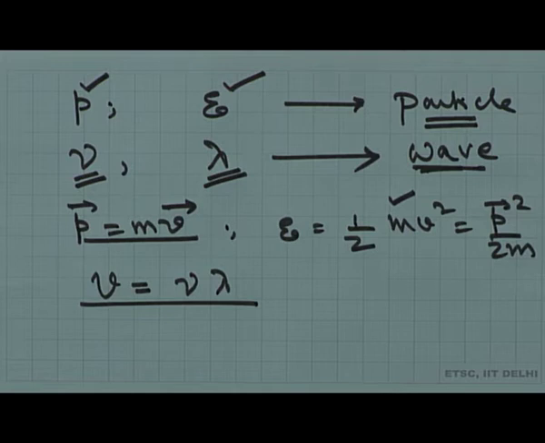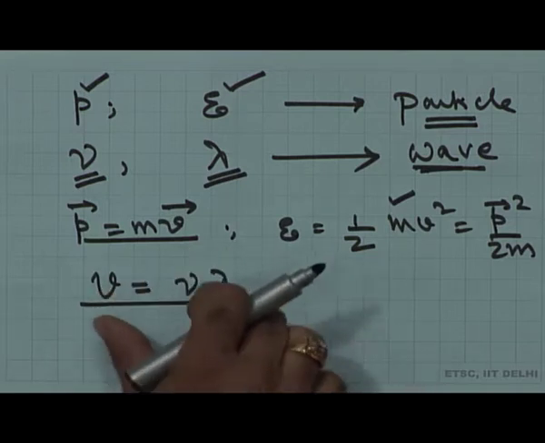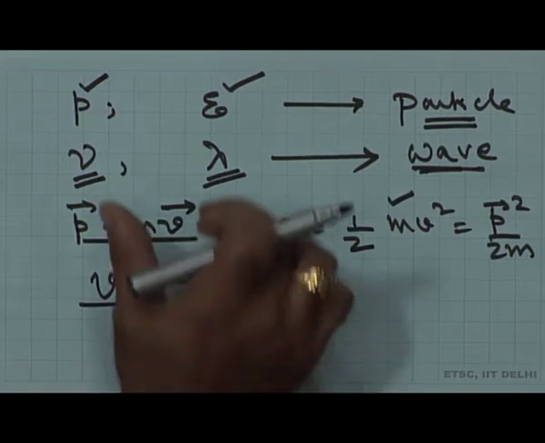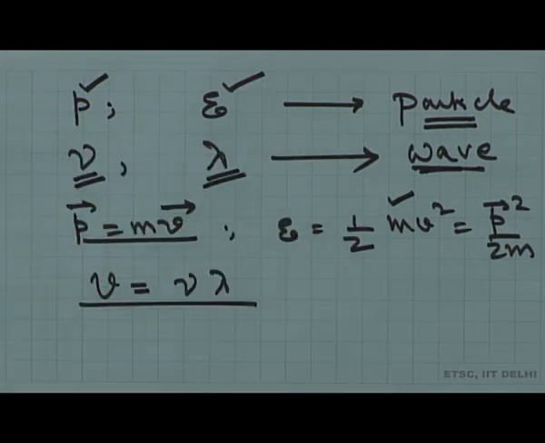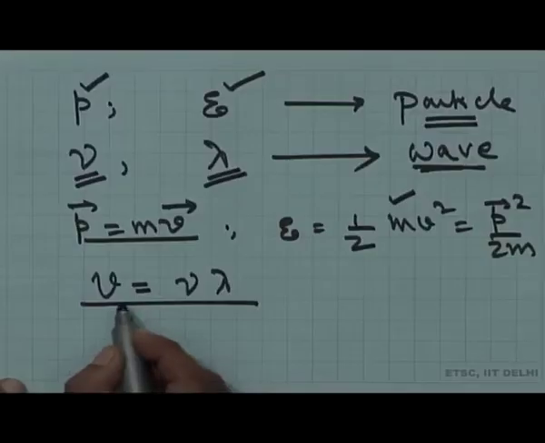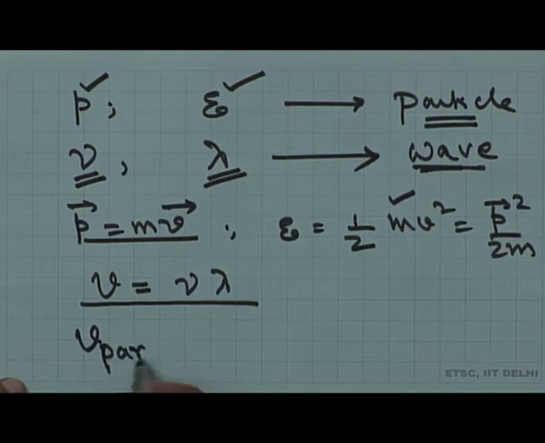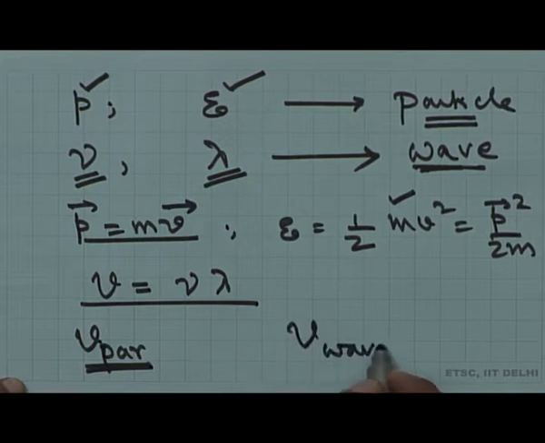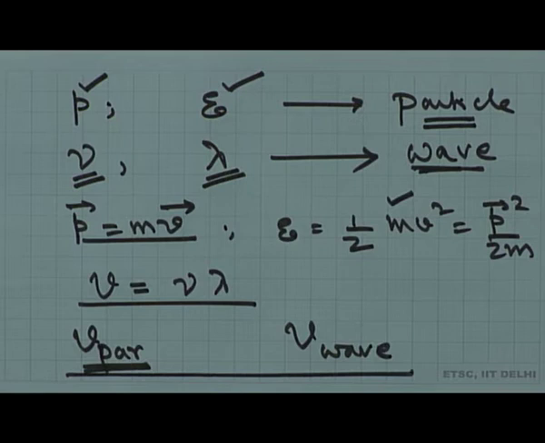What we found in my previous pages was that as far as light is concerned, whether you look at the speed of light from the viewpoint of a photon or from the viewpoint of a wave, they are going to agree. So v always turned out to be c, irrespective of whether you looked at it as a collection of photons or as a wave. But what we do not know is whether the same thing holds. So what I am trying to tell you is that we have two notions, the velocity of a particle and the velocity of a wave, and the question is, do they agree with each other?